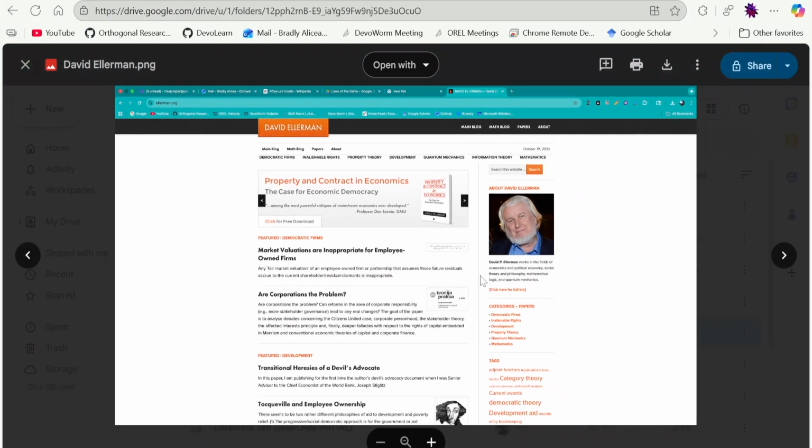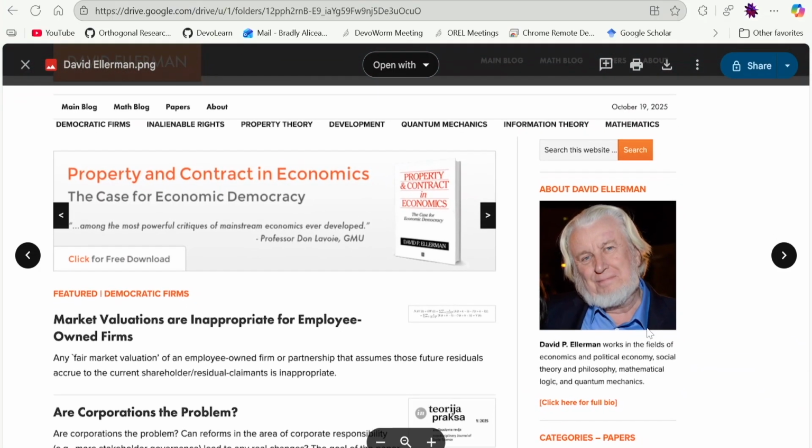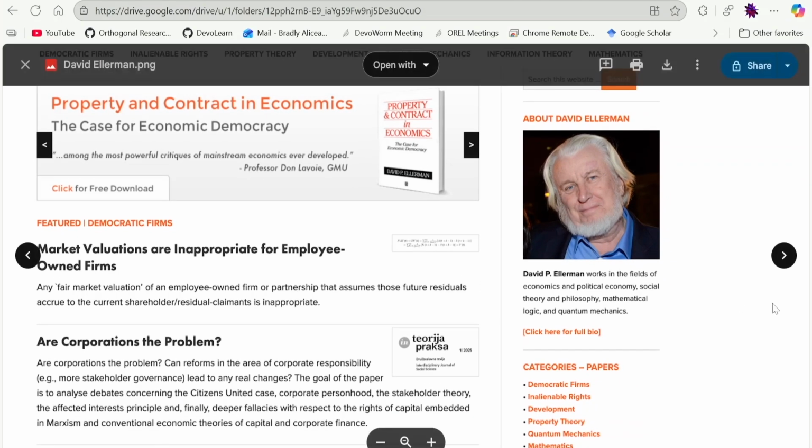This is David Ellerman, and I guess he's some sort of polymath. He does a lot of stuff with economics and other types of law applications, and he also does quantum mechanics and mathematics. He has this set of Excel spreadsheets, which are a somewhat archaic way to do this, but he's modeled some of the games and the laws of the game in these spreadsheets. I wanted to look at these spreadsheets and go over some of the games that he's taken out of the book.